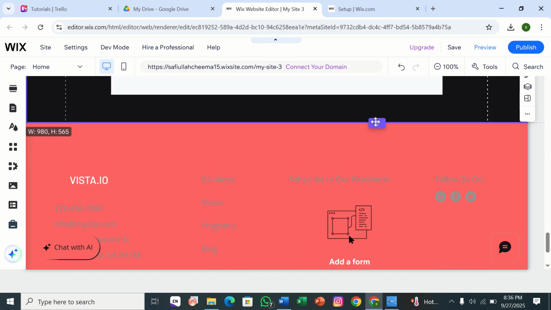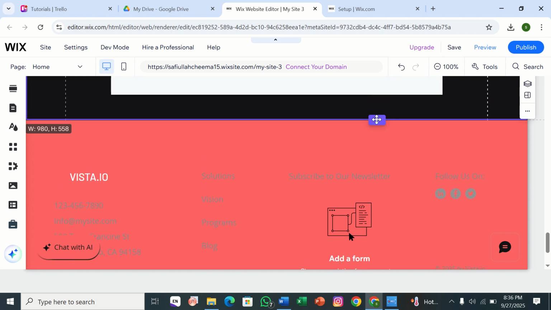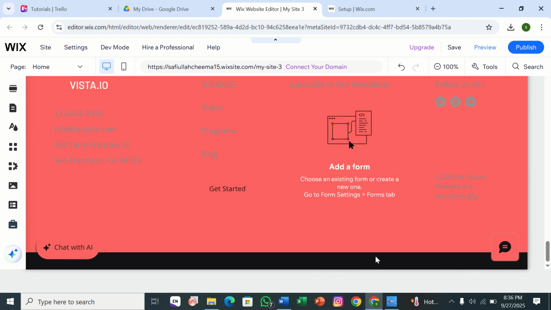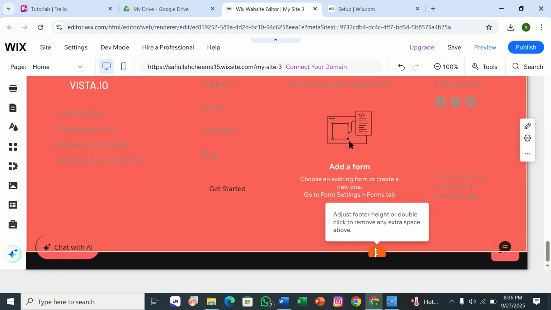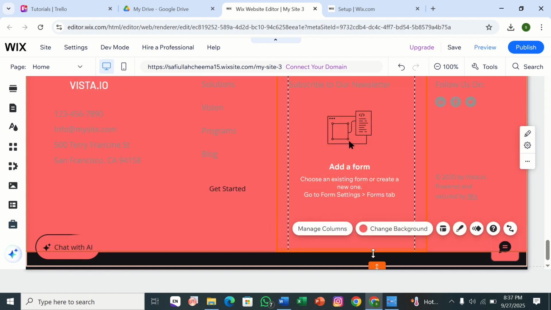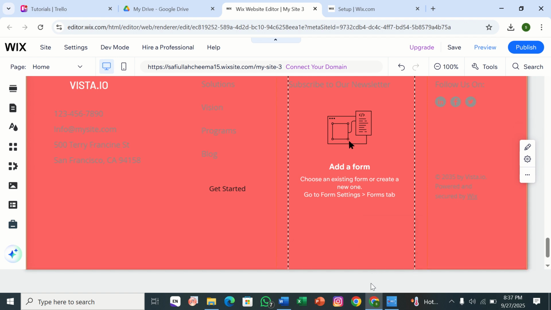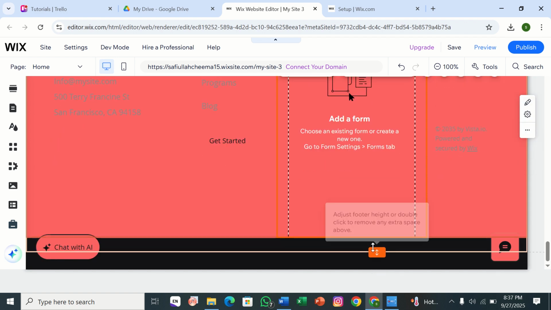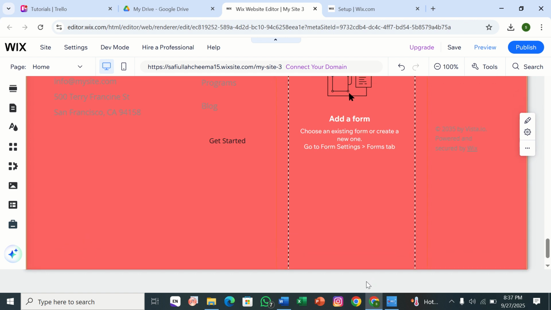You can actually adjust this by stretching, and then you are going to stretch it from this side as well. You see this is written over here that you can adjust the footer height or double click to remove any extra space above. So this is how you're going to remove the extra space. You see, now you don't find any extra space. You can drag it down as much as you want